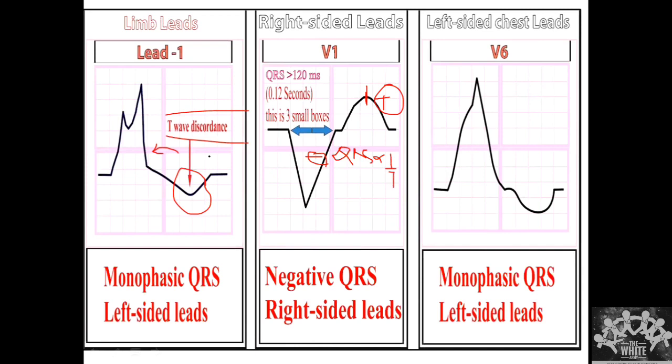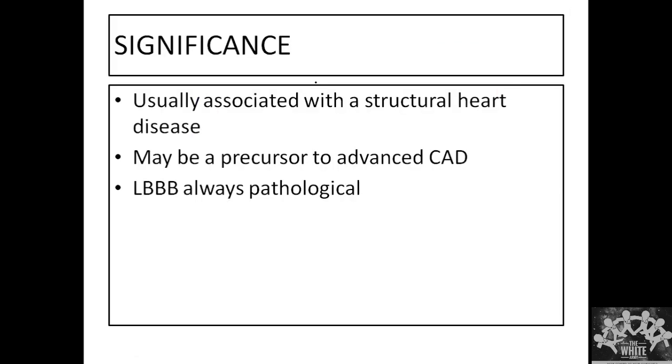So if they are going in the same direction, let's say here you have positive, this is dangerous. This means there is ischemia. Same as that monomorphic R you'll have in V1 and lead 1, V6 and lead 1. If this duration is more than 120, you call it complete. Otherwise, you call it incomplete.